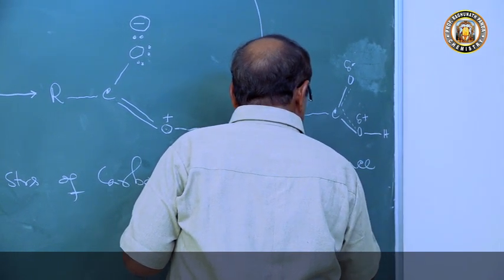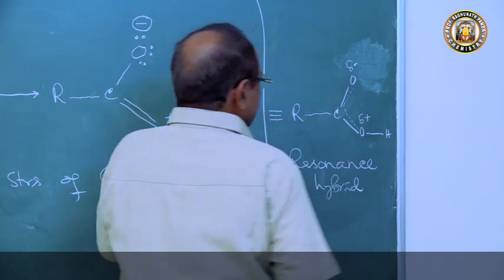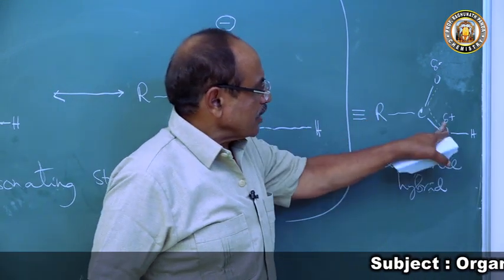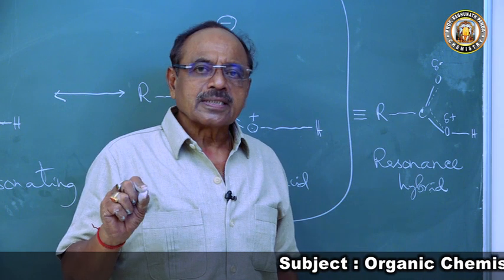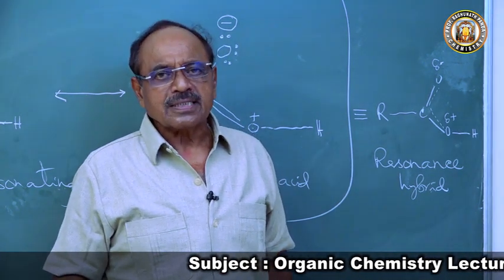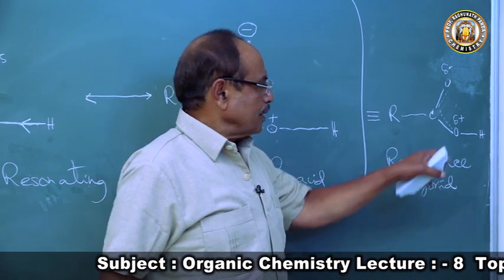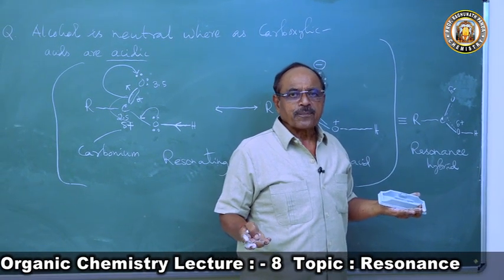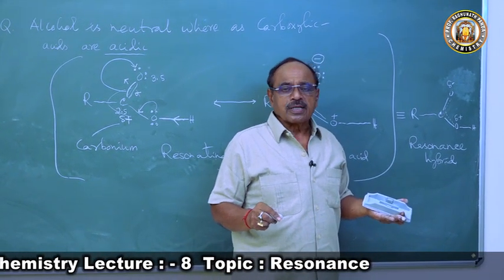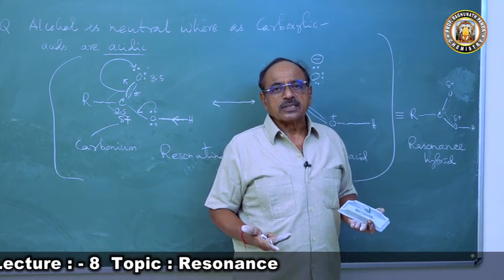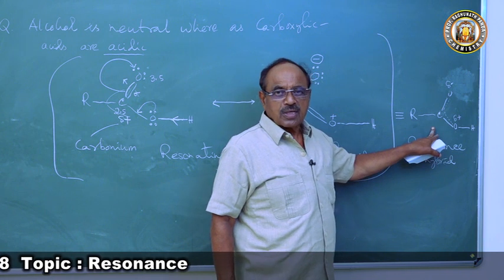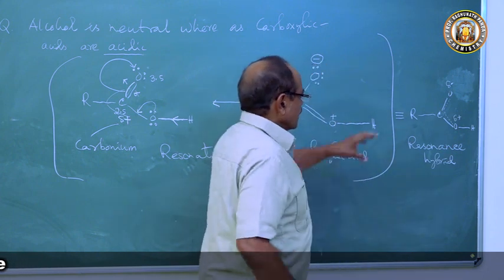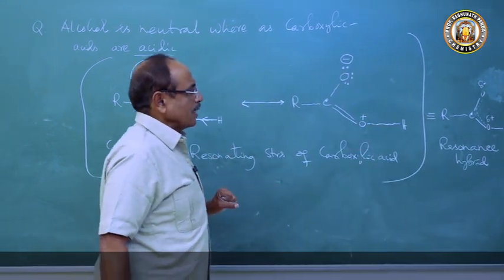So because of resonance, the carboxylic acid molecule exists in an ionic form. Here is an ionic form, and there is a charge separation in the molecule. I told you those molecules are ions, those resonating structures. If there is a charge separation, here is a positive charge and here is a negative charge, so there is charge separation in the molecule, and that charge separation will create reactivity in the molecule. So this will always try to become neutral or to have one charge in the molecule. So what I mean to say here, the resonance hybrid of carboxylic acid has a tendency